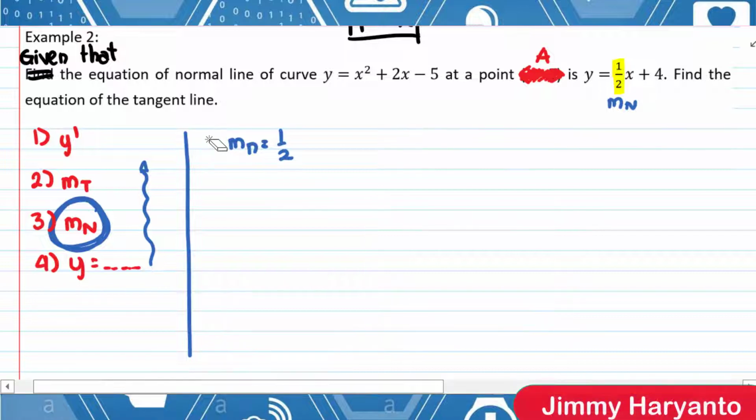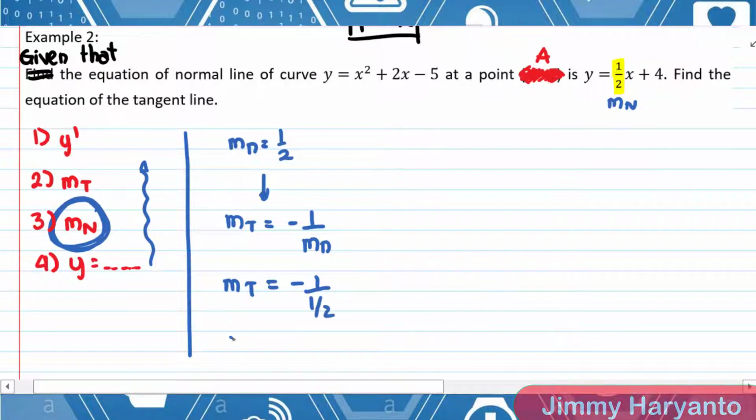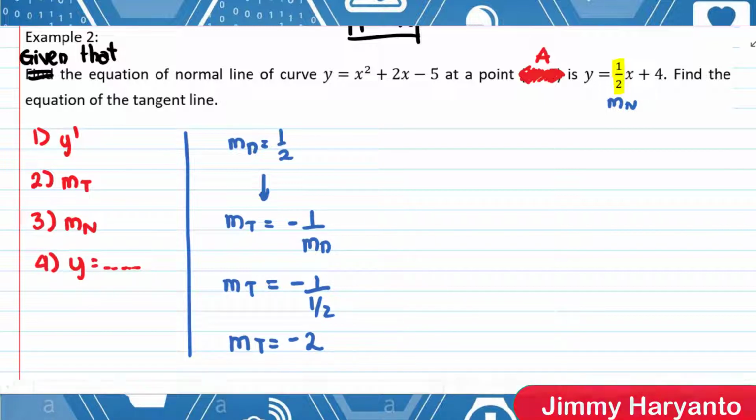To the second step, that means we have to find the gradient of tangent, right? From this one, we have the formula of gradient of normal equals to -1 over gradient of tangent, or maybe we can switch the gradient of tangent and the gradient of normal is the same thing, yeah, because they are perpendicular, so we can switch them over half. So you will have gradient of tangent equals to -2. So in this moment we already in the second step. In the second step, that means we have to move to the first step.